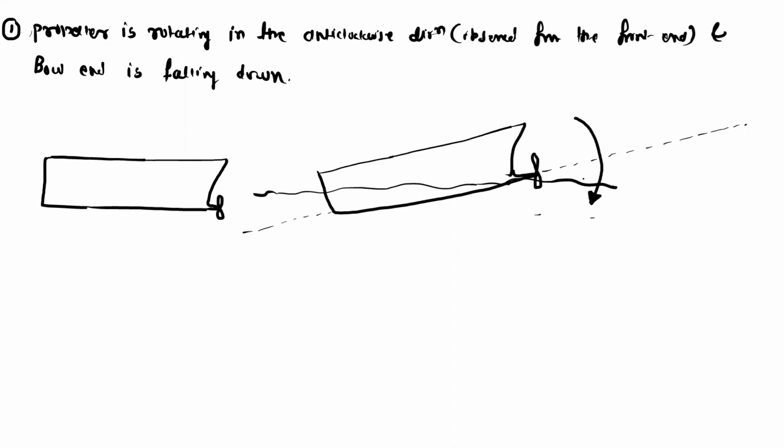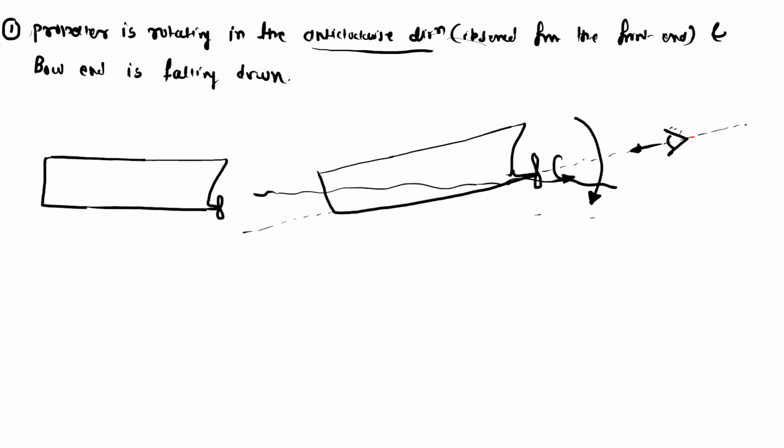So in this motion we have to decide whether the ship will turn on the right side or on the left side, and the condition given for the propeller is that it is rotating in the anti-clockwise direction, which is observed from the front end. That means if this is the observer, from this direction it is in the anti-clockwise direction. So let us draw the angular momentum vector. For the angular momentum vector, we have the initial angular momentum.